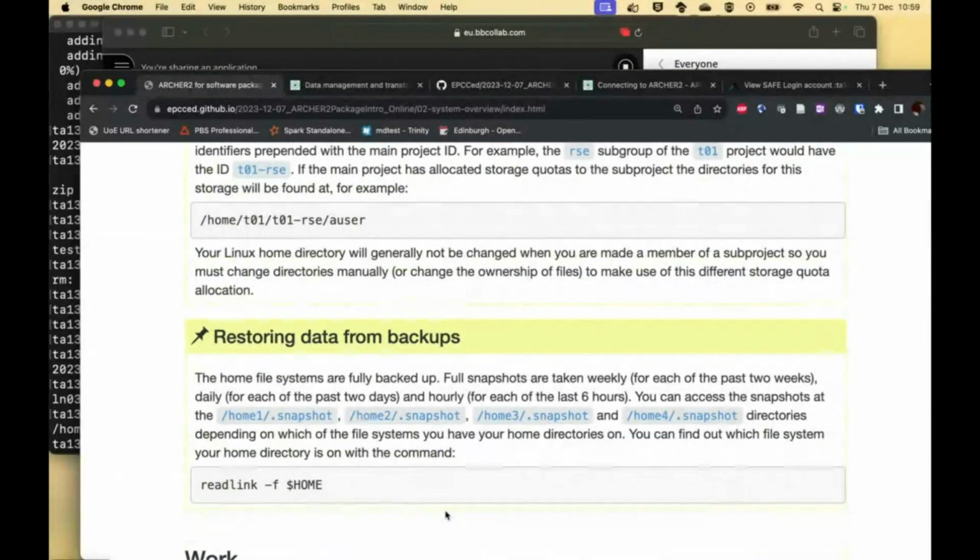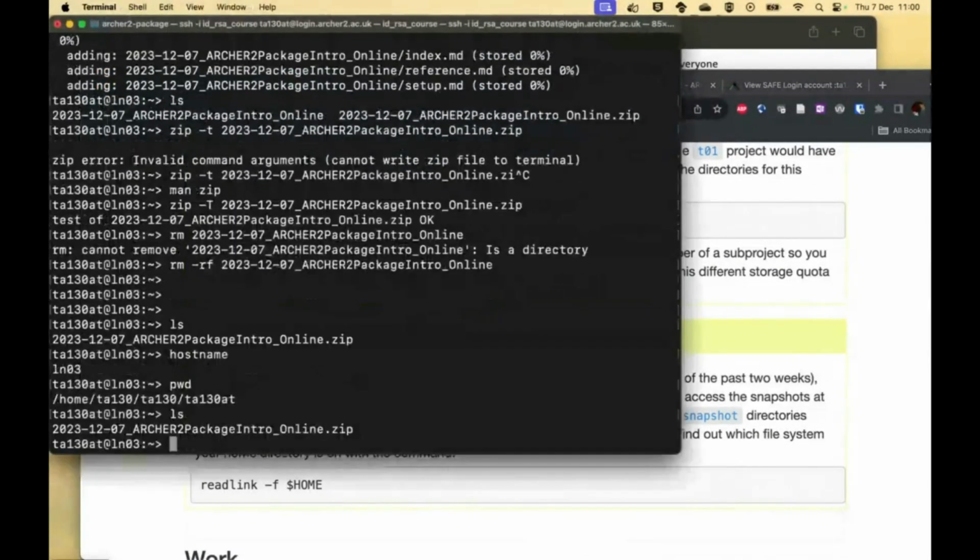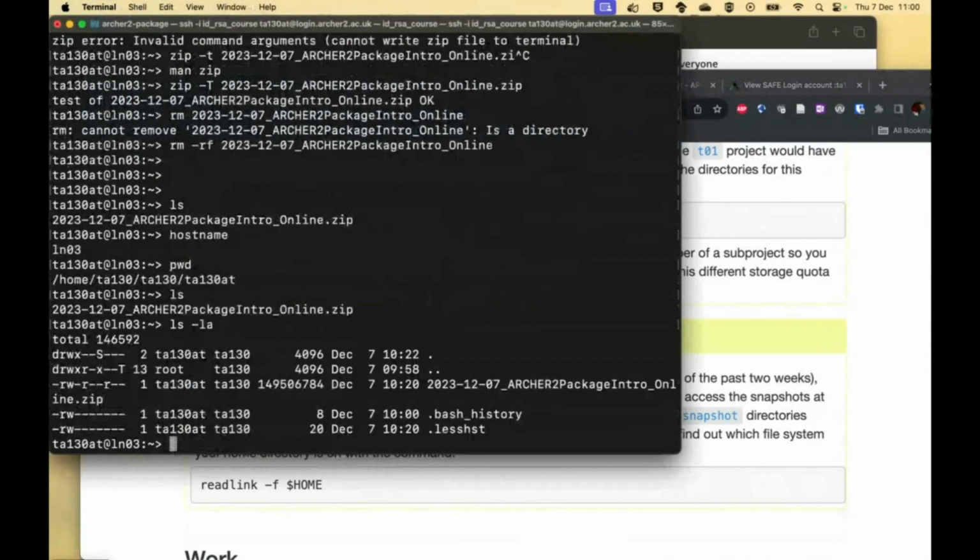Also on the home file system is a backup. These full snapshots are taken weekly for the past 2 weeks and so on. So if you're on the home file system here, you will see